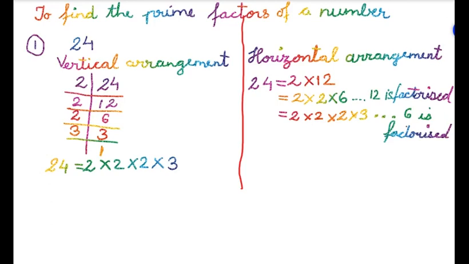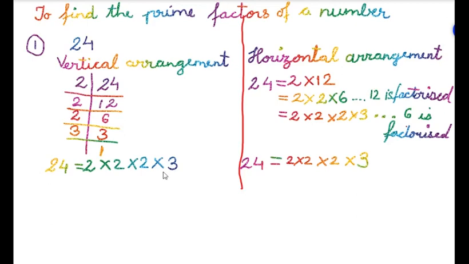Now what are the prime factors I used here? Yes, they are 2 and 3. So again I can say that the prime factors of 24 are, see here, did I get again 2 multiplied by 2 multiplied by 2 multiplied by 3? Yes or no? So see, the prime factors of 24 are 2 multiplied by 2 multiplied by 2 multiplied by 3. So this method we have used is called the prime factor method.